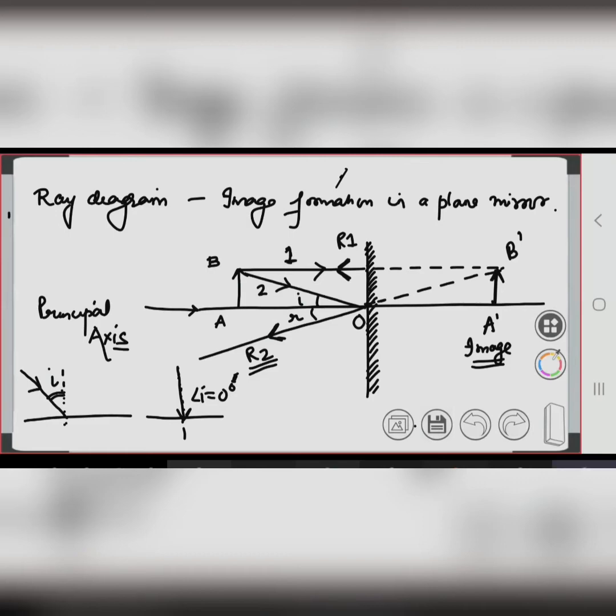Now we have to consider that these reflected rays were not meeting on their own, but we made them meet. Okay, such cases in which the rays were not meeting on their own, but they met because we extended them backward, we say that the image formed is virtual. So it's a virtual image. Now can you tell me something about the distance OA and OA dash by just looking at it?